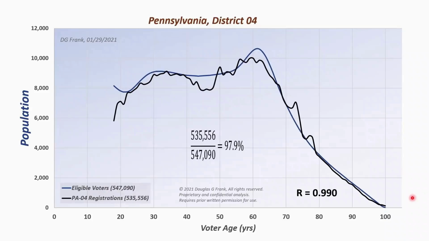And every time I show these graphs to county clerks, boards of election people, their jaw drops. They don't realize this has happened to them, that their registration rolls have been inflated. They didn't know this had happened. So this is the first big thing, the first red flag. 98% of the possible population is already registered. So that's a big warning signal.